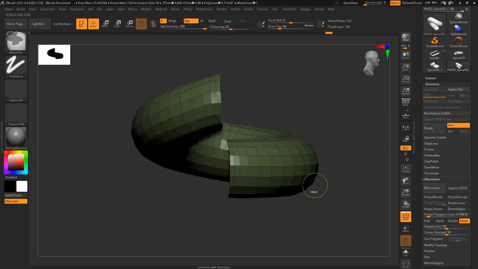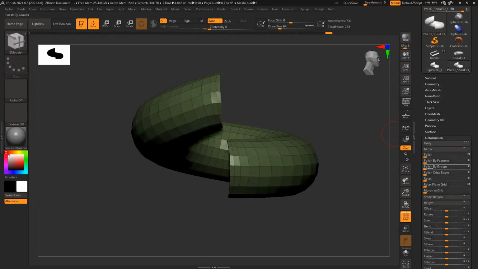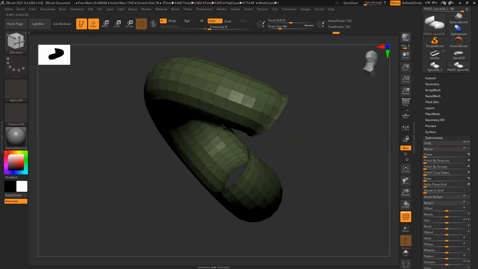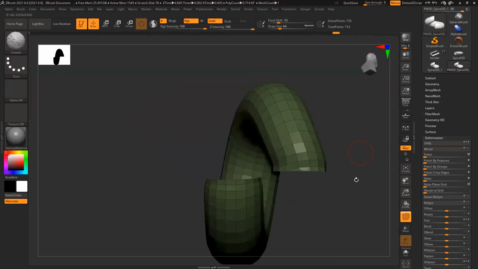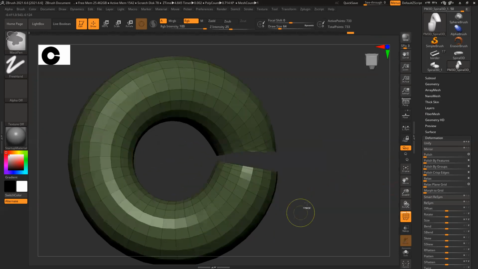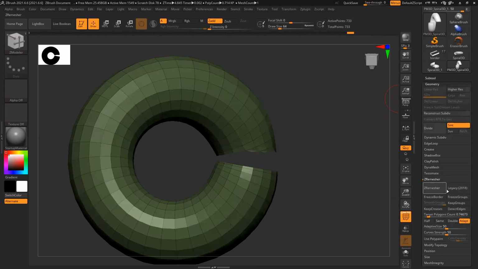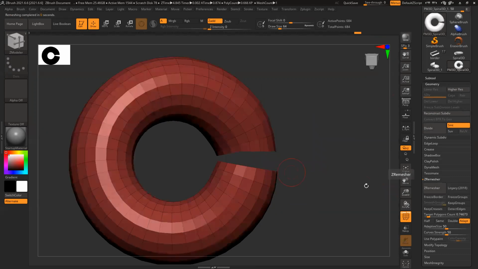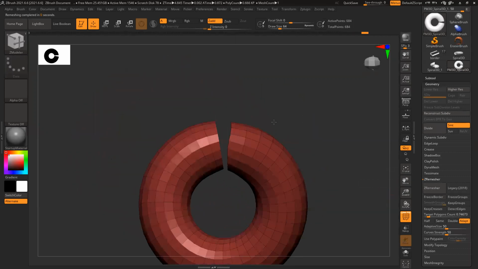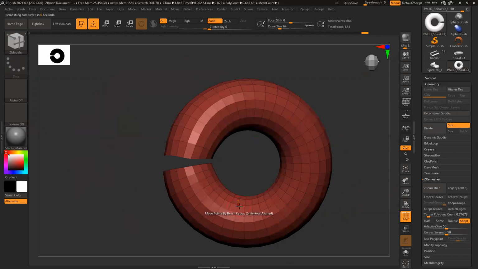So now it's almost clean. I just have to make sure these lines are aligned perfectly. We go to deformation. There's something called Polish by Features. What it does basically is it makes all those crooked edges, that jagged thing, into a flat surface. I can polish a little also, to make this a little clean. And now to make this correct, I just apply ZRemesher a couple of times. There is a little gap. That is something I can control while working on the brush.